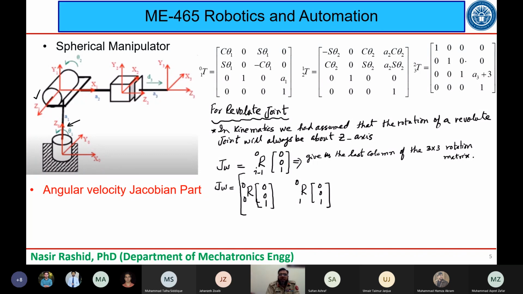और मेरा थर्ड कॉलम जो है वो किसके साथ मैंने देखना है? That I have to look at the prismatic joint, and we have already seen that प्रिज्मेटिक जॉइंट के अंदर चूंकि कोई रेवोल्यूशन या कोई रोटेशन नहीं है, so this will be equal to 0, 0 and 0. So this will be the angular velocity Jacobian part of my matrix।